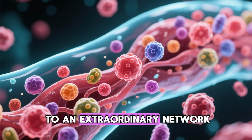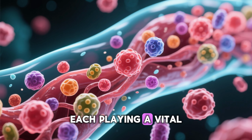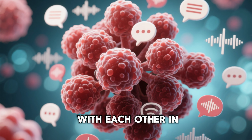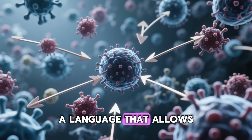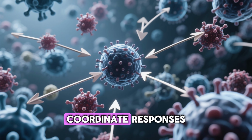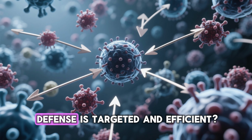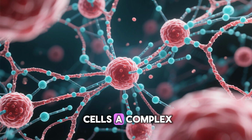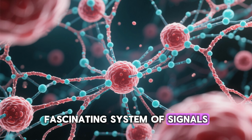Your body is home to an extraordinary network of cells, each playing a vital role in protecting you from harm. But did you know that these cells communicate with each other in a secret language? A language that allows them to recognize invaders, coordinate responses, and ensure that every defense is targeted and efficient? This is the secret language of your immune cells, a complex, fascinating system of signals that helps keep you safe